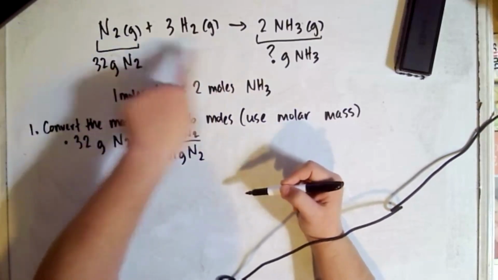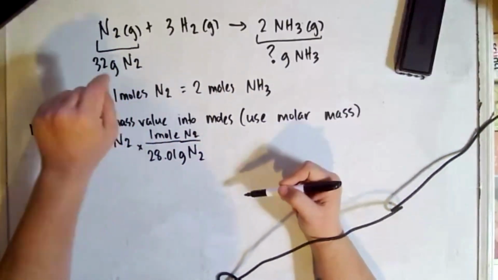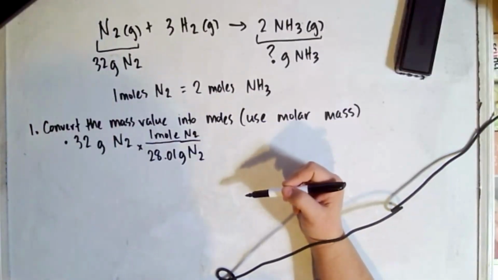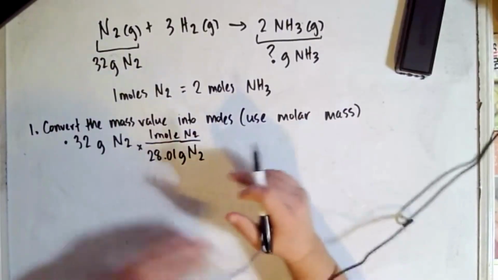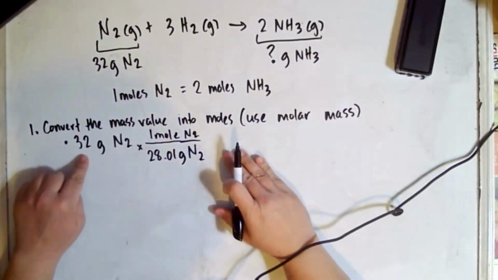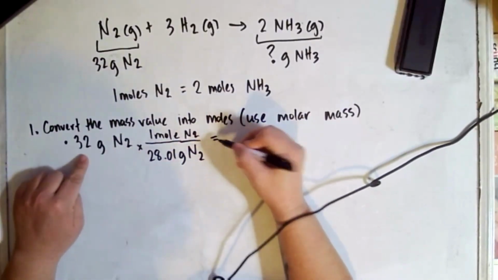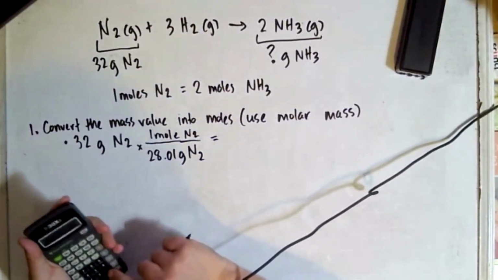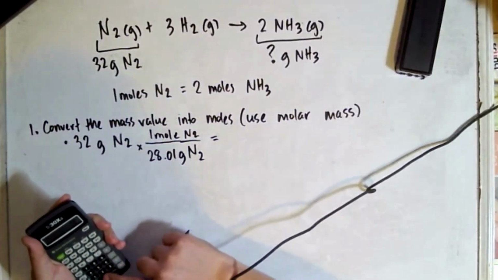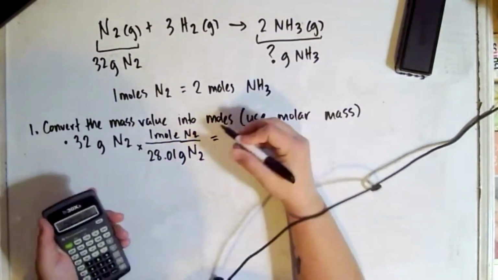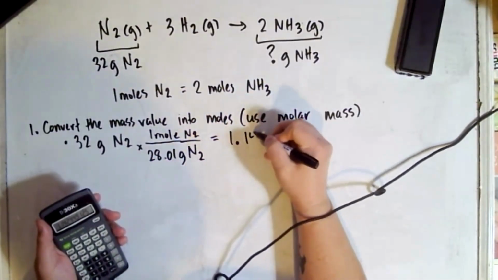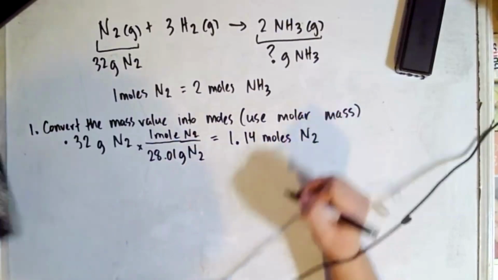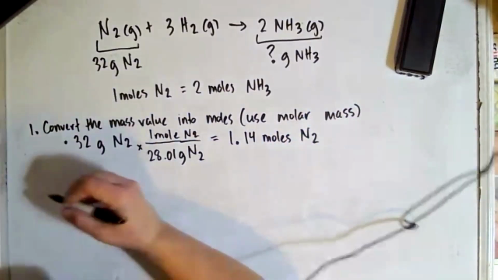The chemical equation numbers don't come in until step 2, and that's the only time that we need to apply them. So this first step is just us taking the mass of the nitrogen that we're given and then using the molar mass to turn that into a mole value. So we're going to get 1.14 moles of N2. Okay. Step 2